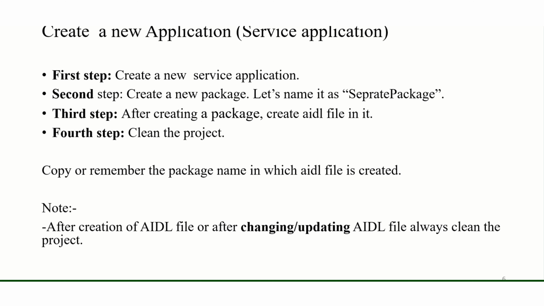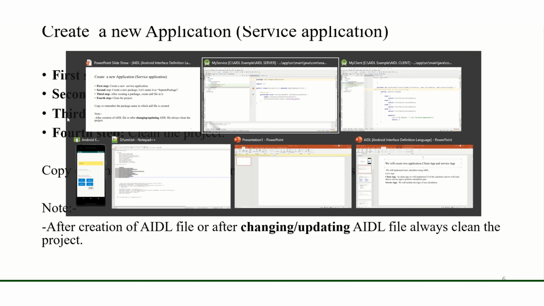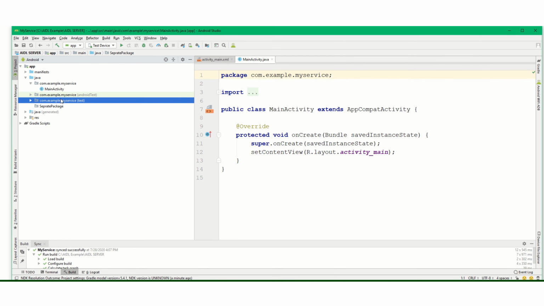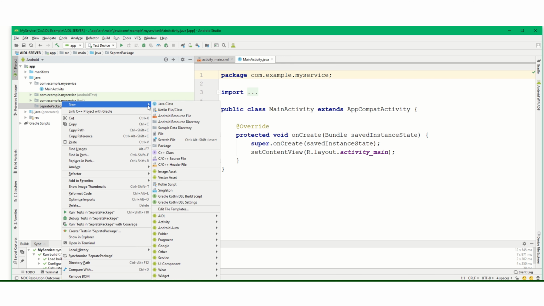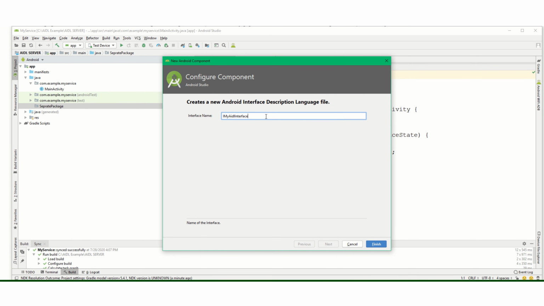Now third step, after creating a package, create an AIDL file in it. How can we create an AIDL file? On this separate package, click new, and you will find the option AIDL. Click on AIDL file, and you can name your interface whatever you like.